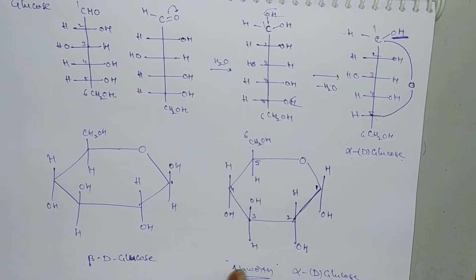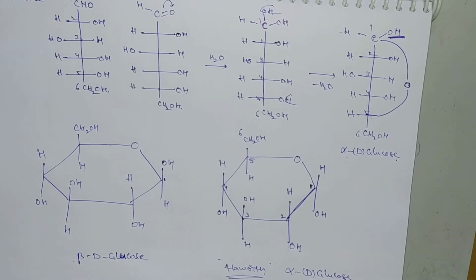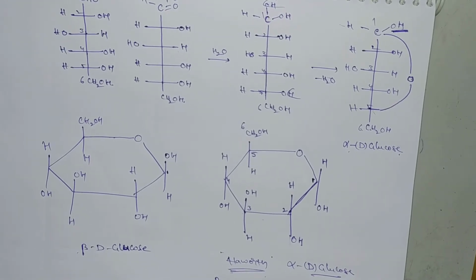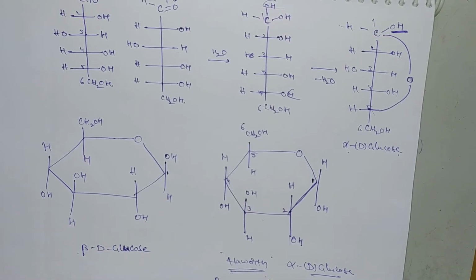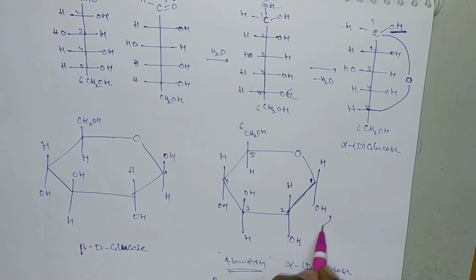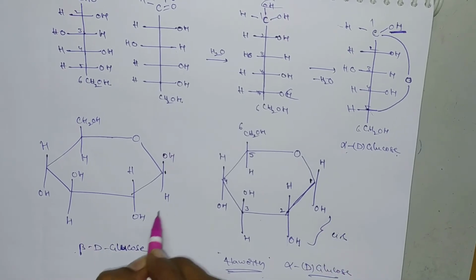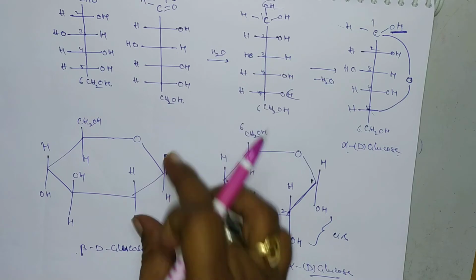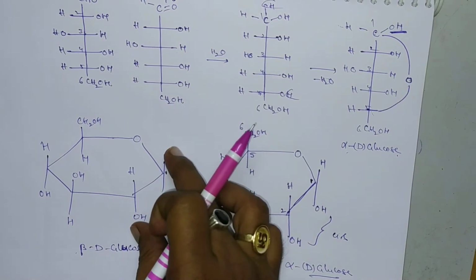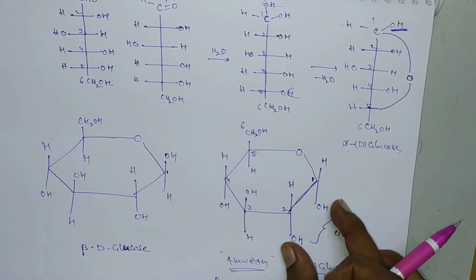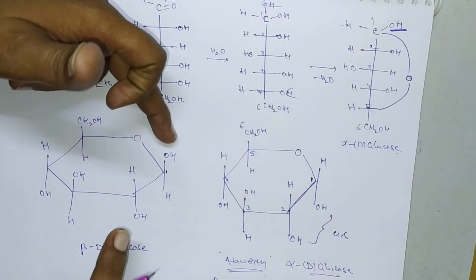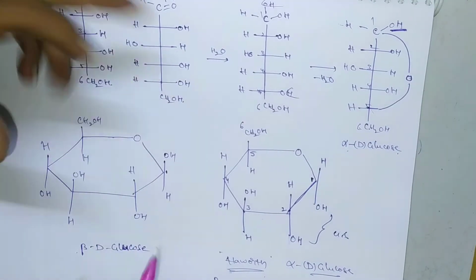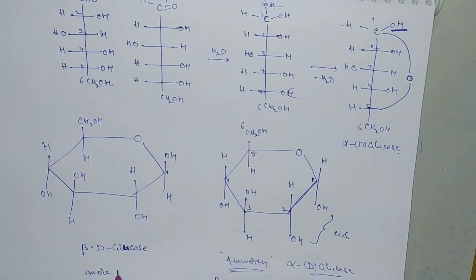So in between these two, which one is more stable? Sometimes they ask like that. Which of the following is more stable, alpha D glucose or beta D glucose? See, here it exists in cis form, here it exists in trans form. Here the two bulky groups are present in opposite directions. There the two bulky groups are present in the same direction, below the plane. Here one is above and one is below the plane. So that's why this is more stable. So beta D glucose is a more stable form than alpha D glucose.